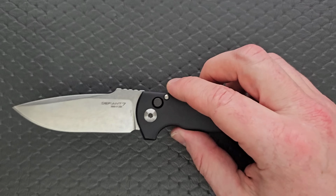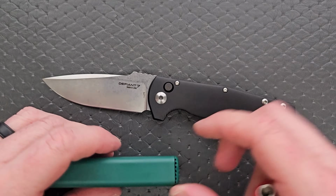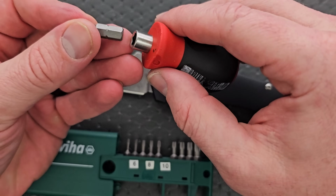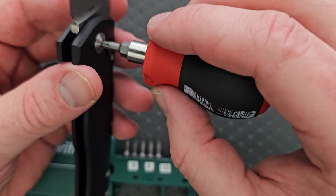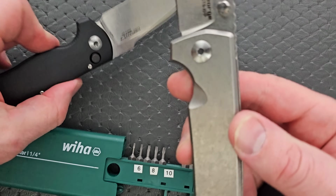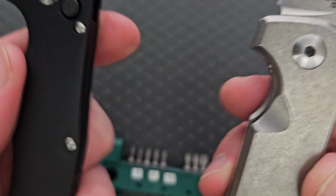Let's go ahead and do a hardware check. I'll get out my tools. As per usual, my tools are very inexpensive and very recommendable. You can find them right down in the section of my description that talks about the tools I use on this channel. I think the pivot is a T10. This looks like a Les George. No, I'm sorry. It's even bigger. It's a T15. Maybe it's a little bit smaller head overall, but it's definitely